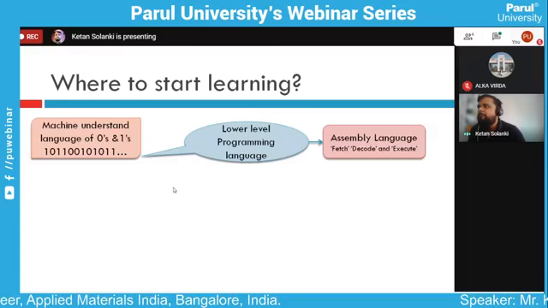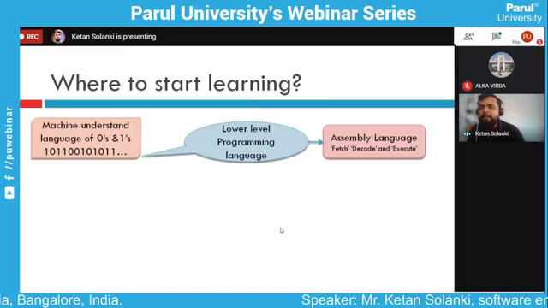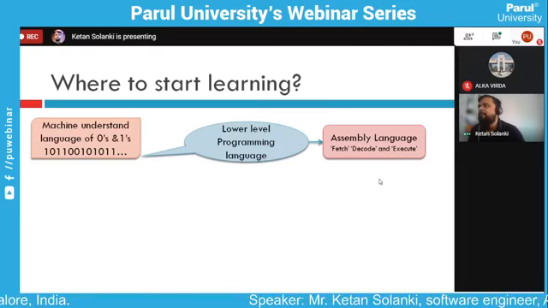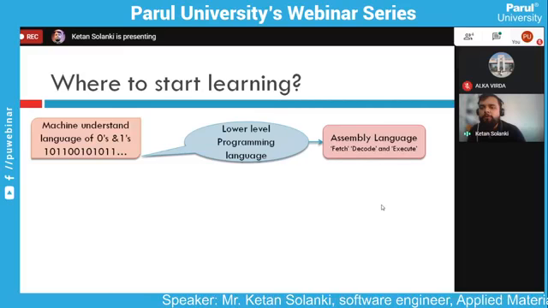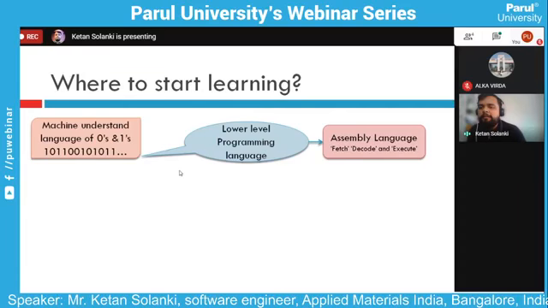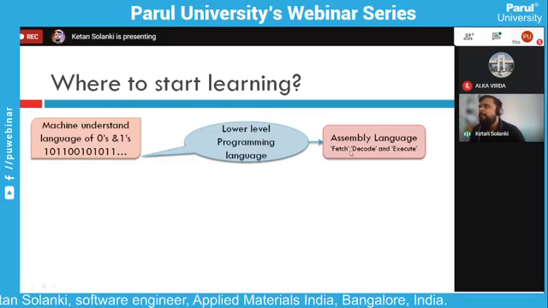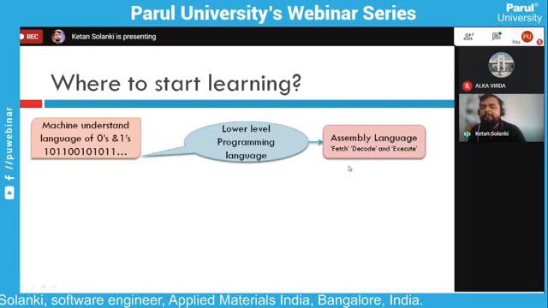So we have some lower level programming languages. The basic one is the assembly level programming language. Assembly language's working principle is fetch, decode, and execute. It communicates directly with the peripherals, the processor, or the machine itself. If we are working on dedicated microcontrollers, then the assembly level programming language will directly talk to the machine,